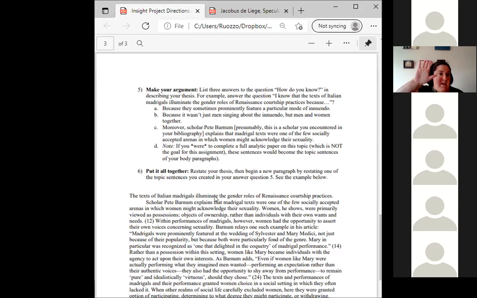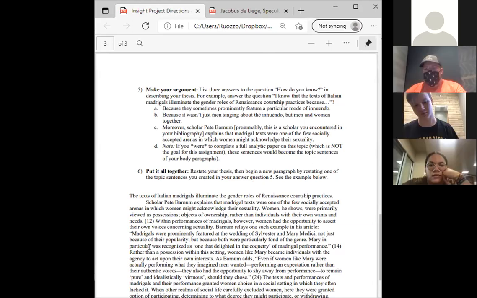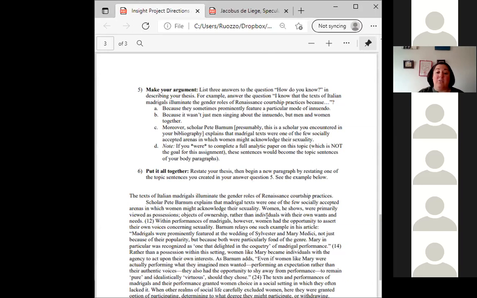Can I get thumbs or hands, depending on how you feel? Good, good. Okay, thumbs. So the last step, and quite frankly, the easy part. Now this is cake. If you've done 1 through 5, step 6 is cake. You're just going to write the introductory paragraph. So you're going to state your thesis. You're going to state those pieces of evidence that you put in step 5.